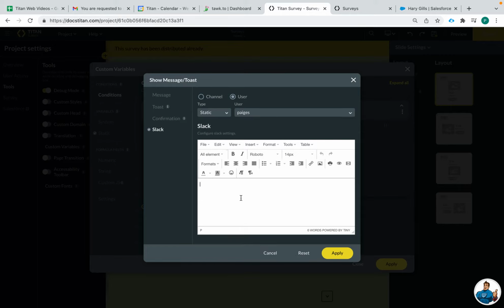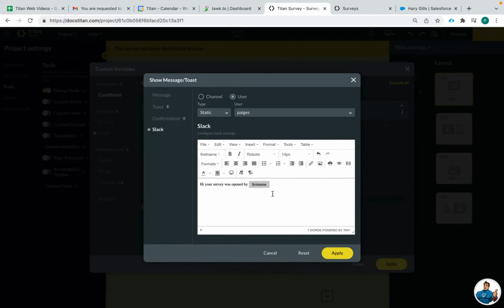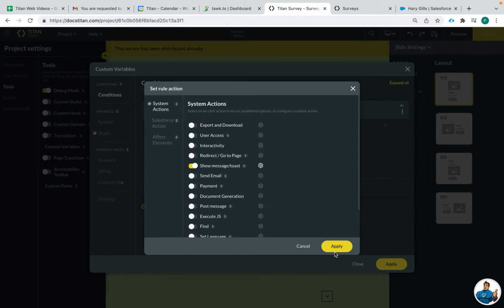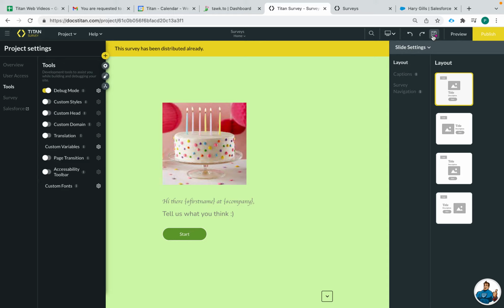All right, so let's set it up. And then we'll drop in the first name here, and then their company. Perfect. Apply, save, and then I'll have to republish this because it's already been distributed. I will let you know that